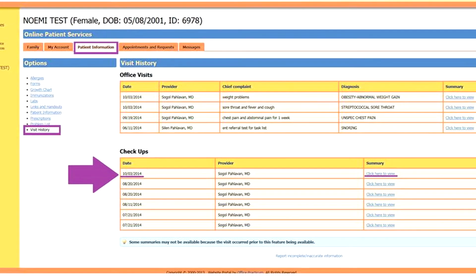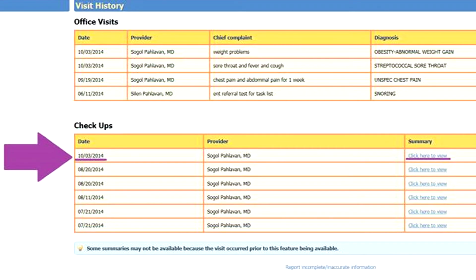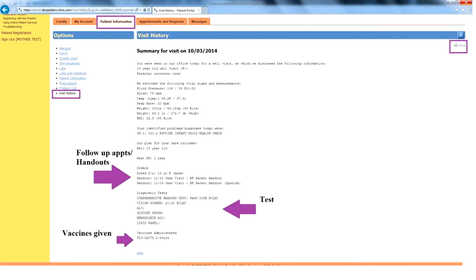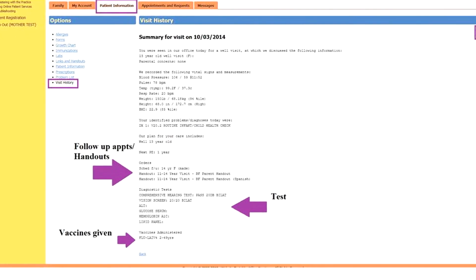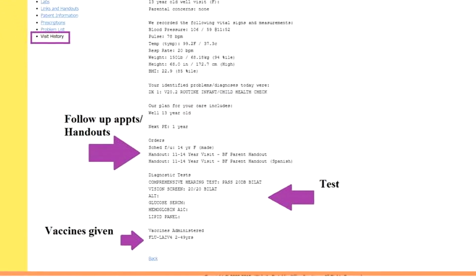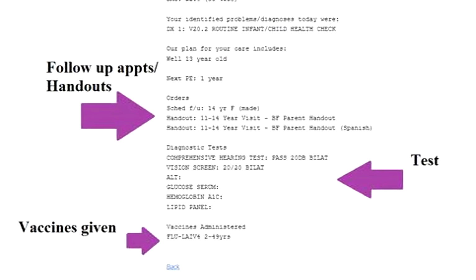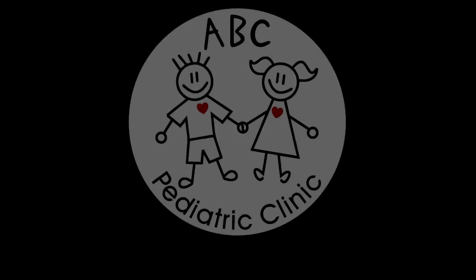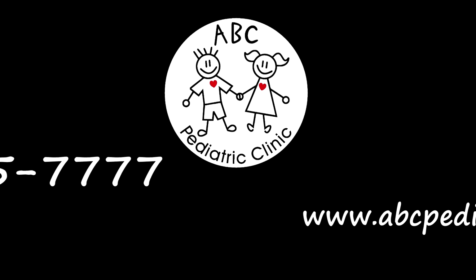Let's look at an example of a checkup. I will click on October 3rd, 2014. You can see the vitals here, any handouts here, follow-up appointments here, any tests done here, and any vaccines that were given here. If you need any further assistance, please don't hesitate to call us at